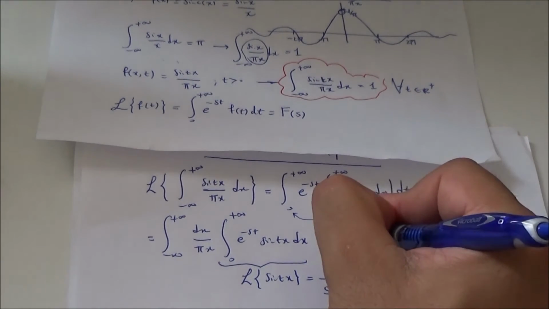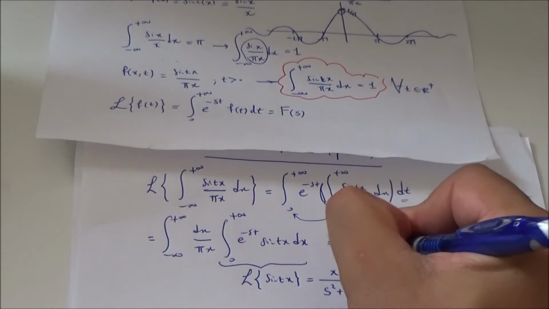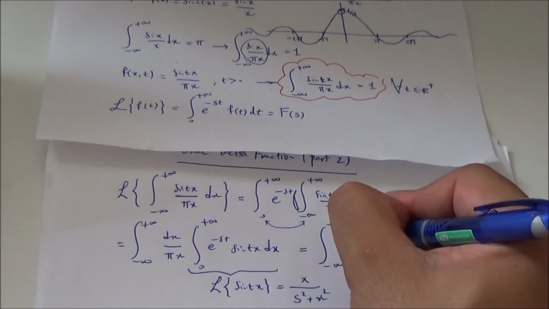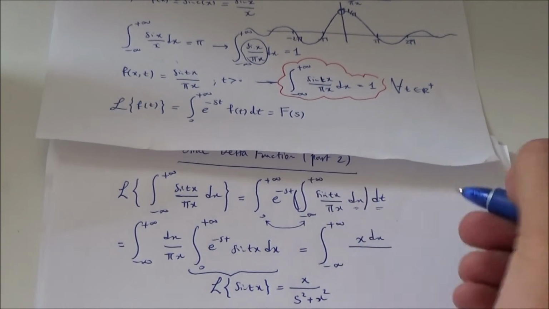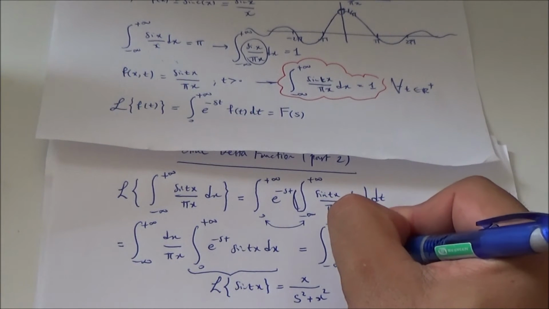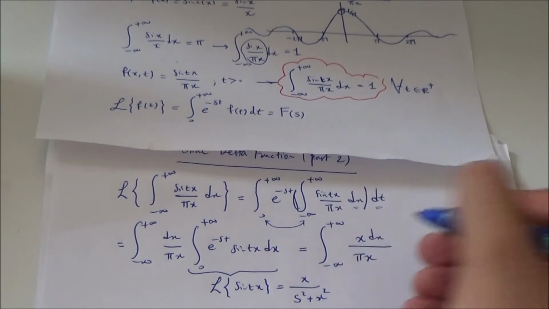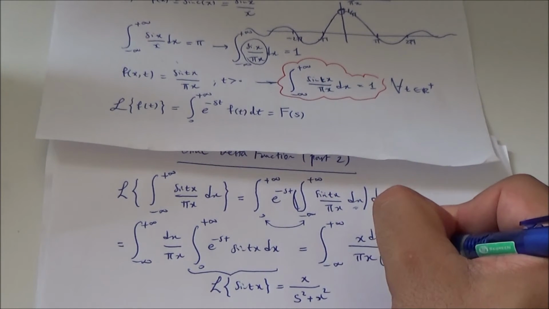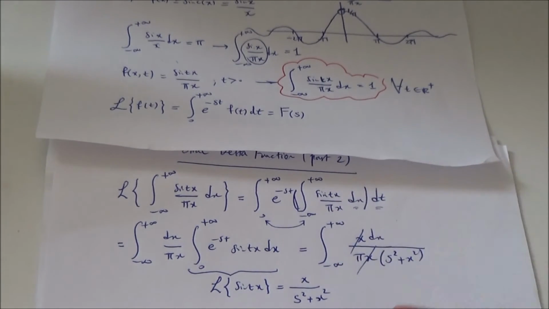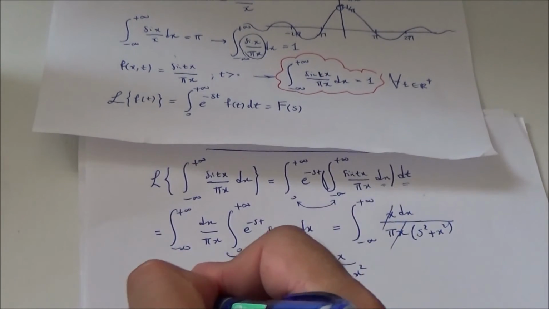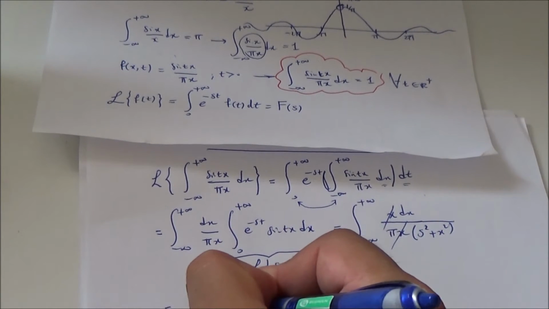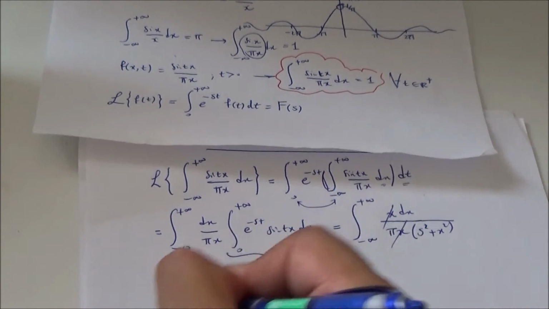And if I replace the result here, I will have the integral of x dx over pi x, in fact, times s squared plus x squared. And if I cancel out these x's, I will have the integral dx over pi times s squared plus x squared,